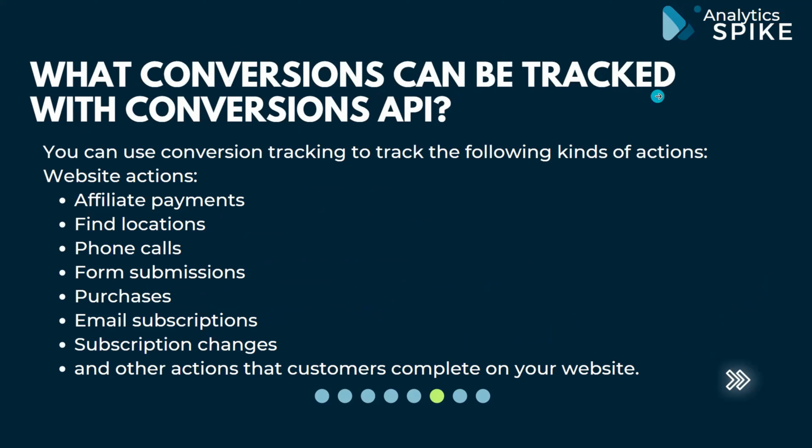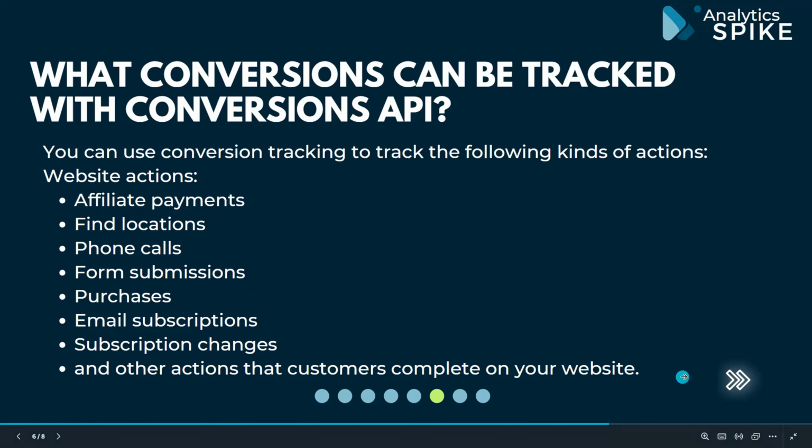What conversions can be tracked with conversion API? You can use conversion tagging to track the following kinds of website actions: affiliate payments, find location, phone calls, form submission, add to cart, begin checkout, page view, view content, purchase, email subscription, sales, and other actions that customers complete